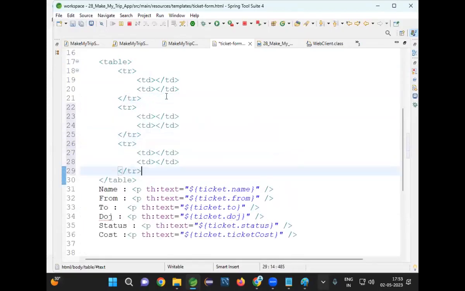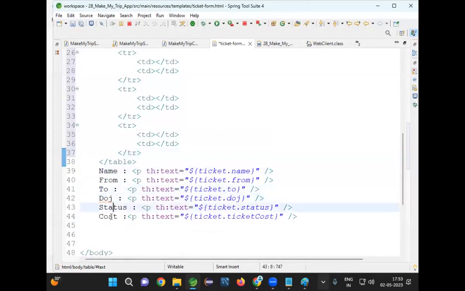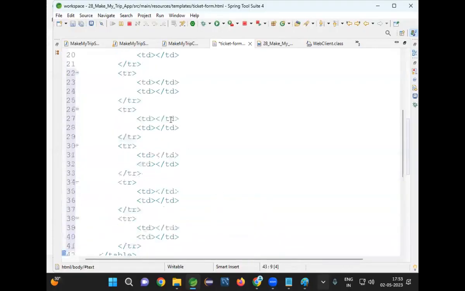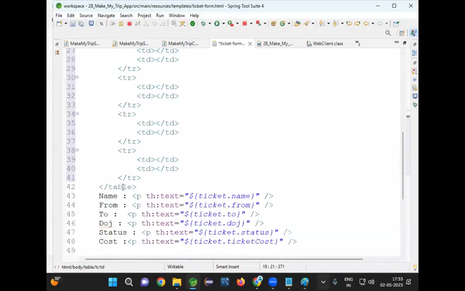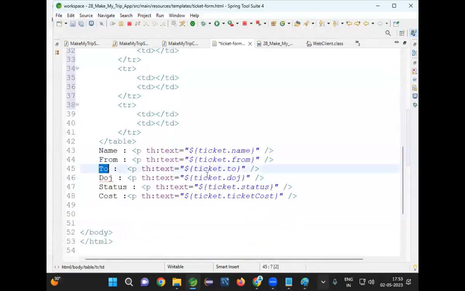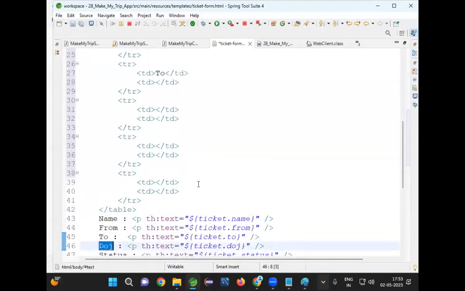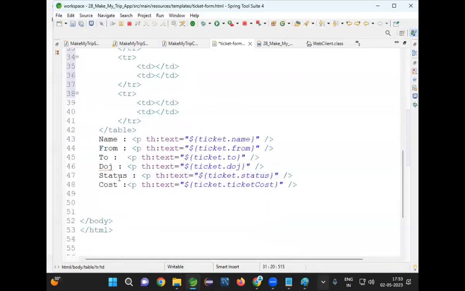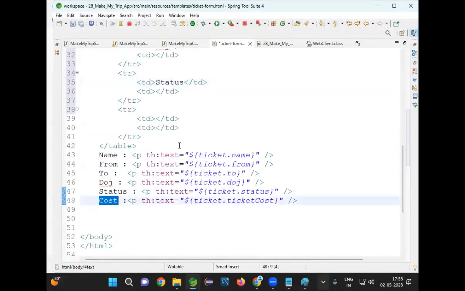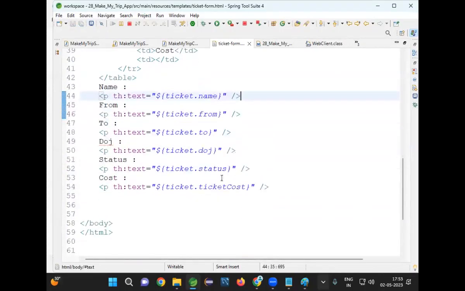1, 2, 3, 4, 5, 6. 6 rows are required. First one is name. Second one is from, to, date of journey, cost. Right? Then